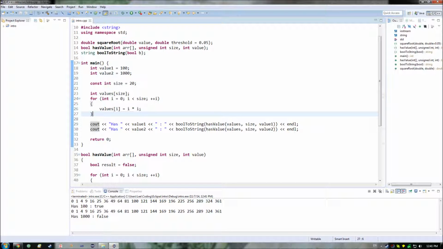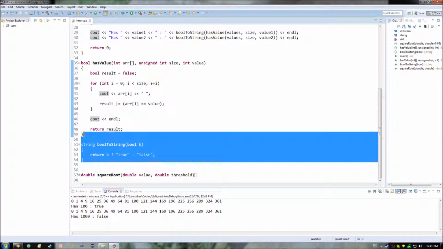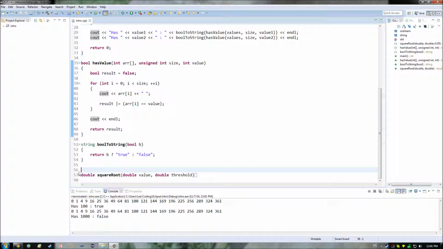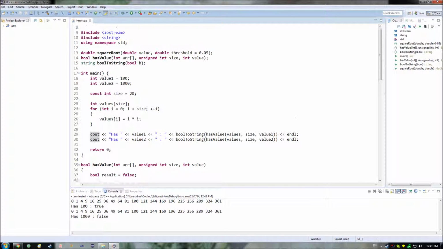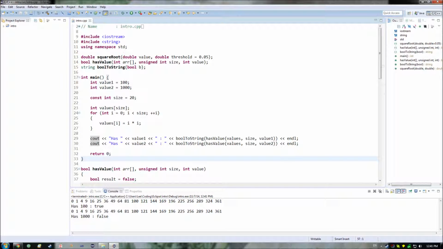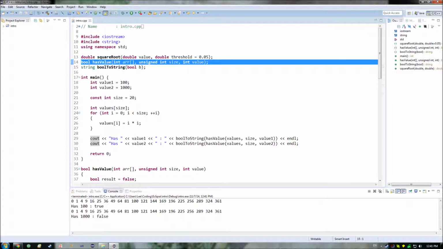In the previous episode, we began our discussion of functions. And in this episode, we are going to continue that look at functions by taking a look at a couple of the more complicated things you can do with functions. The first one, and I briefly gave it to you as a bit of an assignment to do between these episodes, was to implement this has-value function, so that you could get a feel for passing in an array